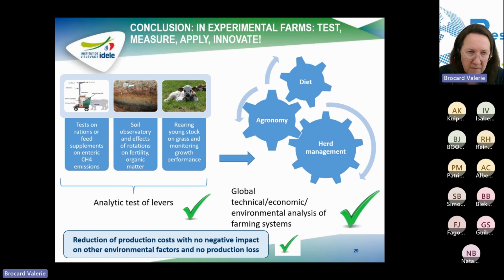We can have tests of rations, feeds, supplements, and measure some emissions thanks to specific equipment. We can make a lot of observations and create big data sets that you could not create on